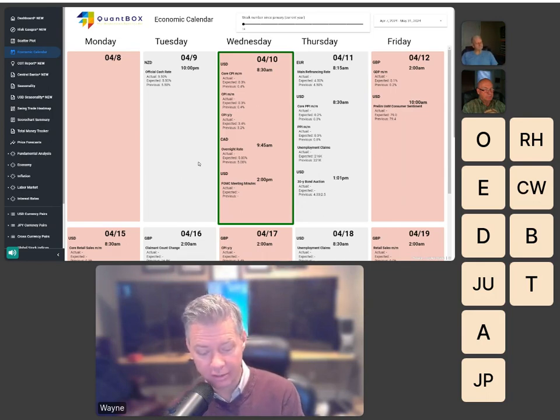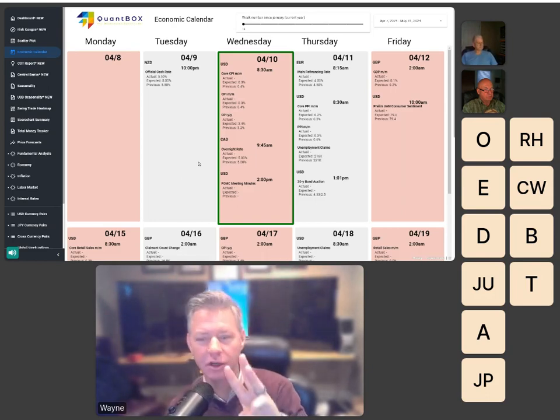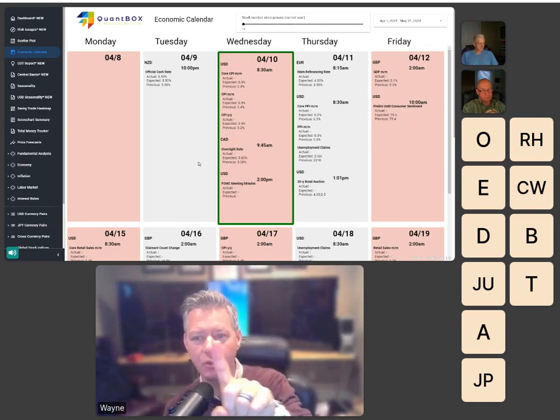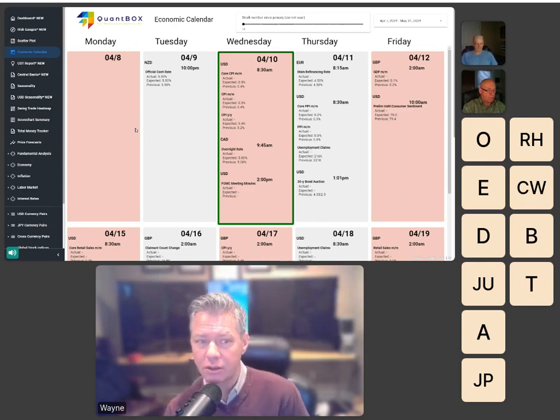Or they don't cut June, they don't cut September, the election happens and then they cut in December. So they either cut three or they cut one. That's what you need to decide. Now, what I do is I use QuantBox, and QuantBox just tells me what the Fed has told me. So I don't have a debate. It's three. Why? Well, that's what the Fed told me. Like, that's it.